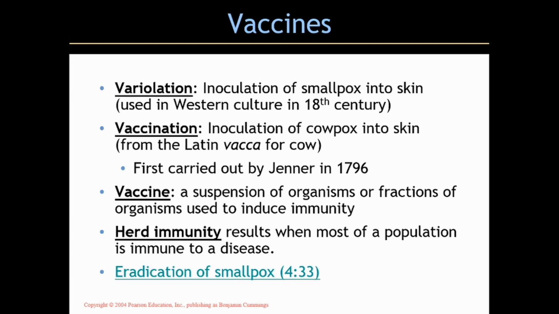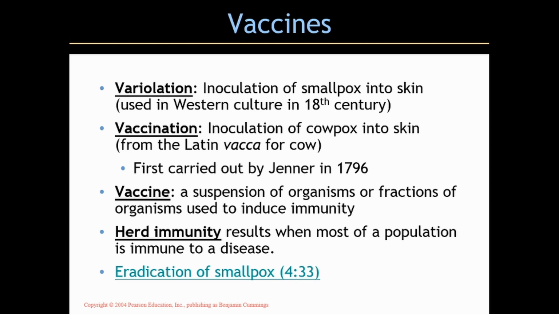However, in terms of the general public and the officials making this something that would be approved and used on the population, that took some work on Jenner's part and others who supported this. But eventually, variolation was outlawed. You could say it was no longer allowed to be used, and vaccination then replaced it. Jenner's experiments, the methods and the system that he used to prove this were very successful. And so vaccinations came on the scene, and it started with Edward Jenner back in 1796.